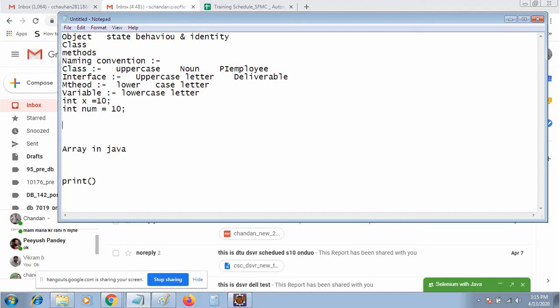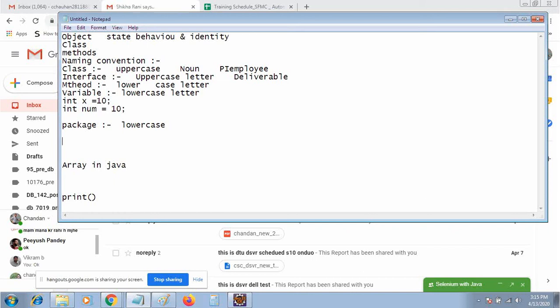And then package. Package naming conventions should start with lowercase. Suppose you are inside some package and you have to go further, then you use the dot operator.